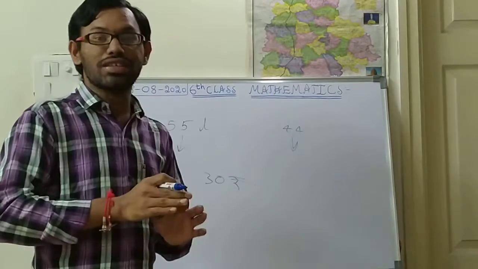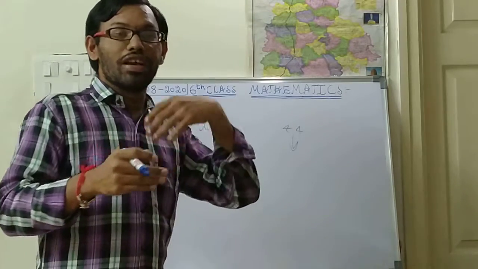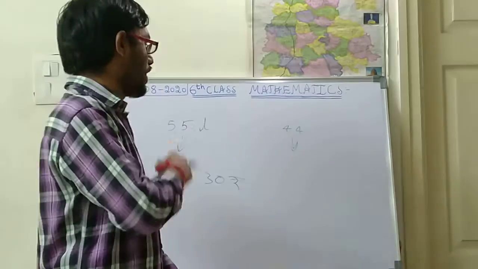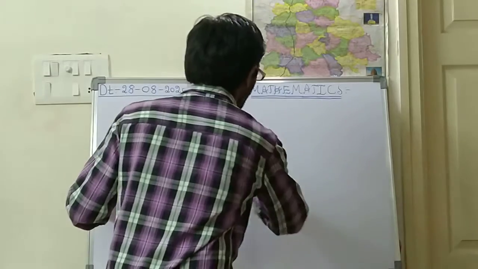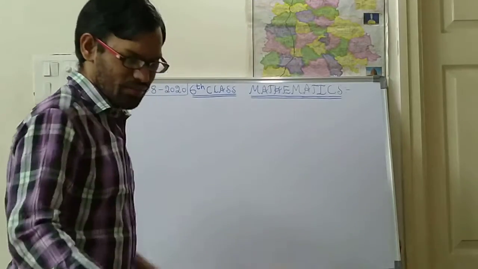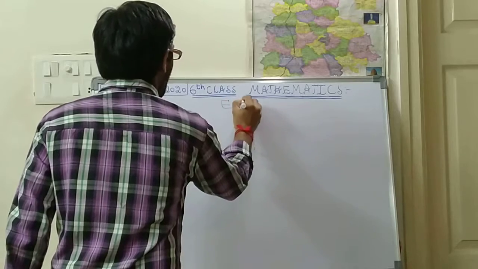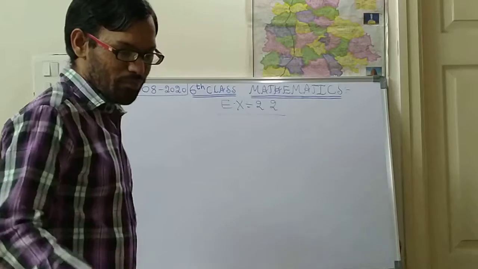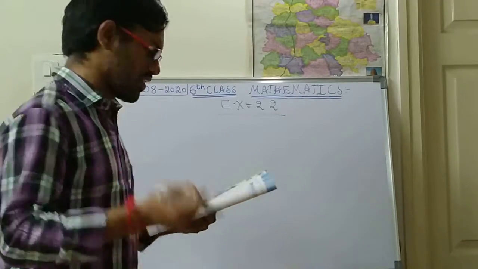But in today's class we shall see another type of properties, estimating the properties indirectly. We shall see how we have to estimate in some problems. First, in exercise 2.2, we have seen some problems, and I have left some more problems. So we shall see those.